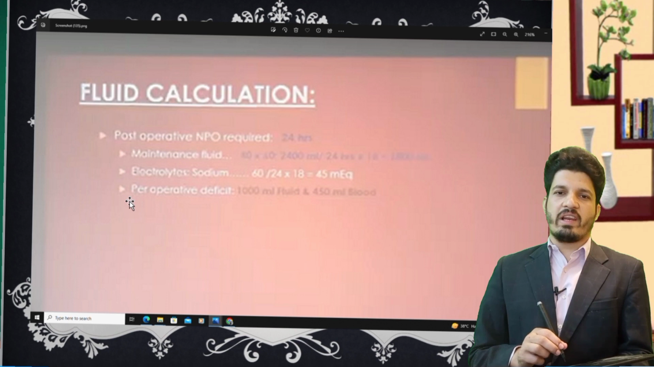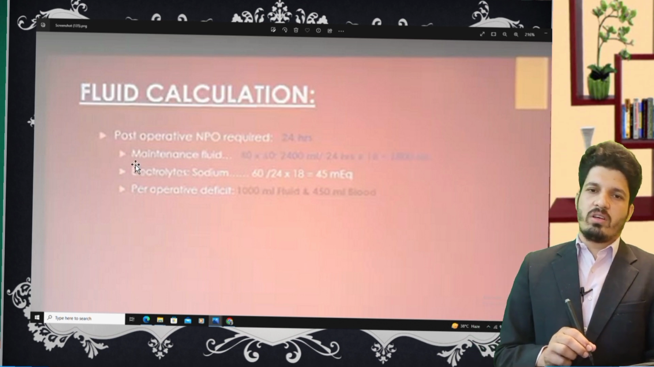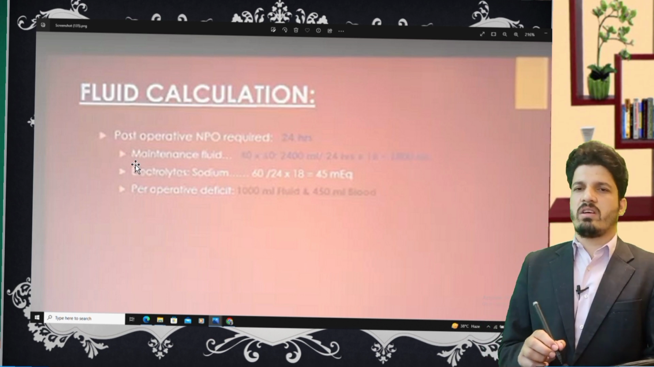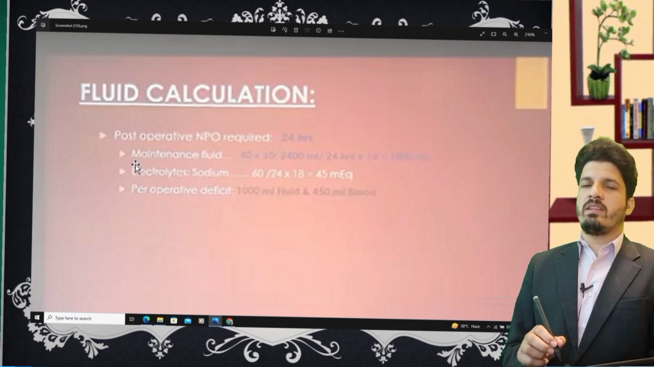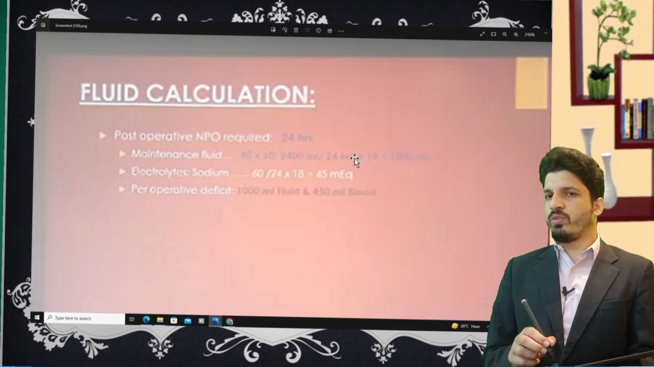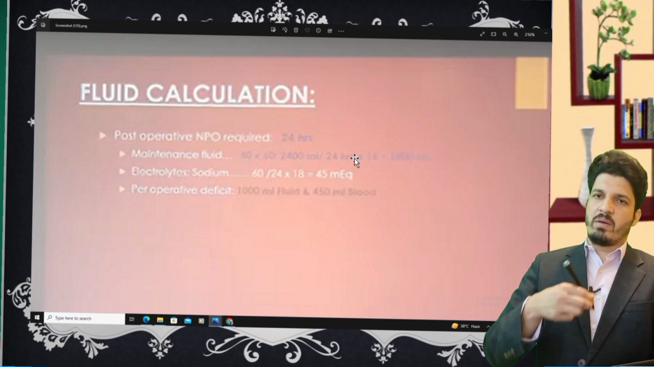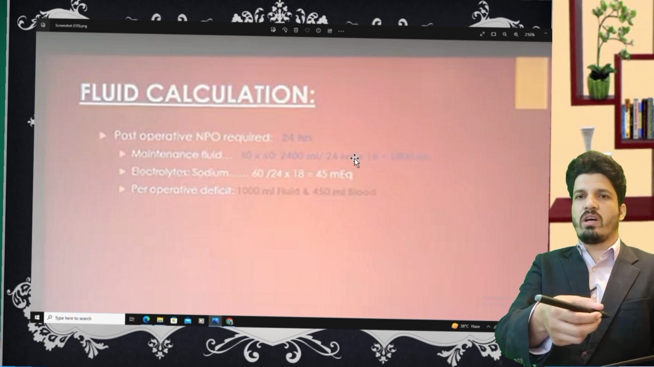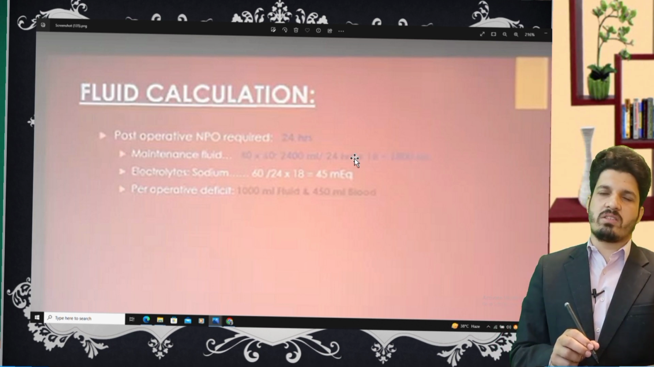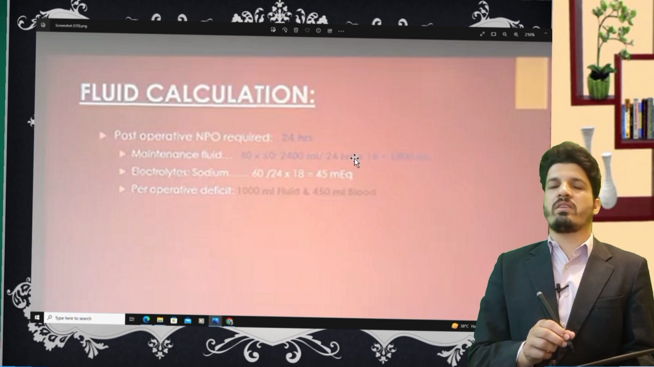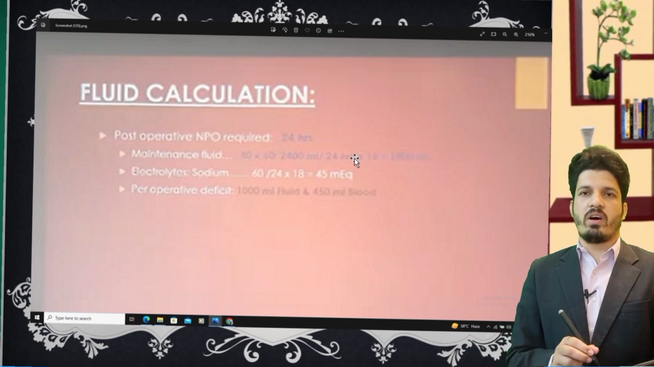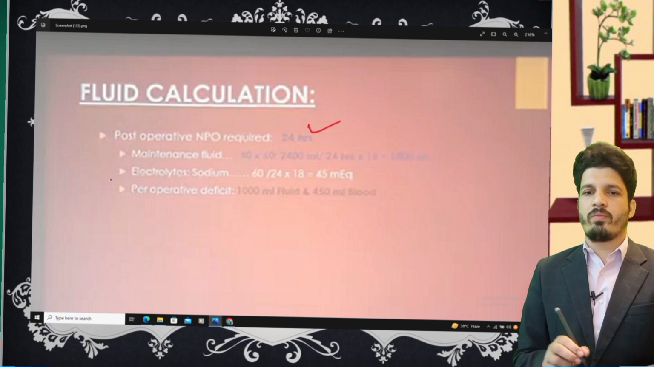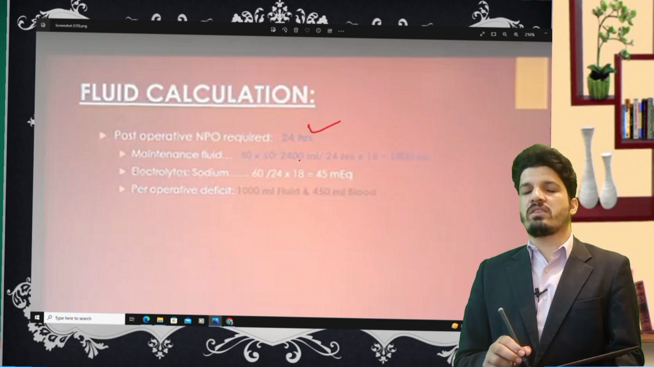So now we have to calculate the post-operative fluid, and we will keep this patient NPO for 4 to 5 days, but 6 hours were spent in the operative period, and now we will calculate the fluid for 18 hours, and after that from the next day we will calculate for 24 hours. But now 6 hours have passed, and we will calculate the fluid for 18 hours. So the post-operative NPO requirement is 24 hours,